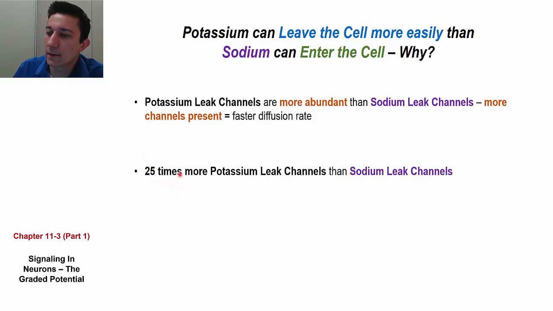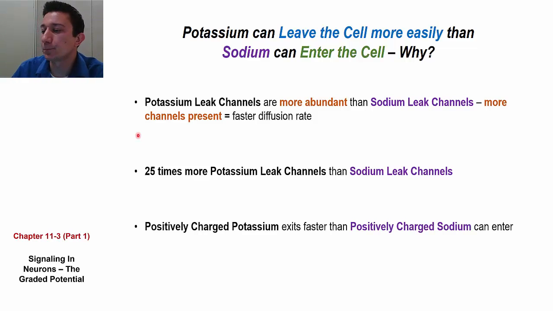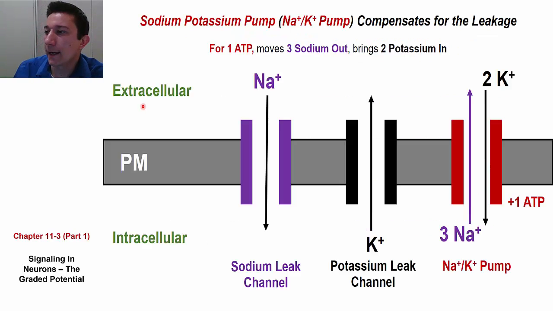Right? To give you a figure or number here, there are somewhere around 25 times more potassium leak channels than sodium leak channels in the membrane. So it's really easy for potassium to leave the cell, and really difficult for sodium to get into the cell. Right? So because it's really easy for positively charged potassium to leave the cell, this makes our membrane voltage much more negative on the inside of the cell than on the outside. All right, so it's much easier for potassium, a positive charge, to leave the cell than it is for sodium